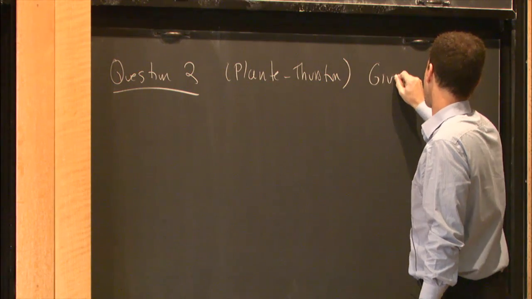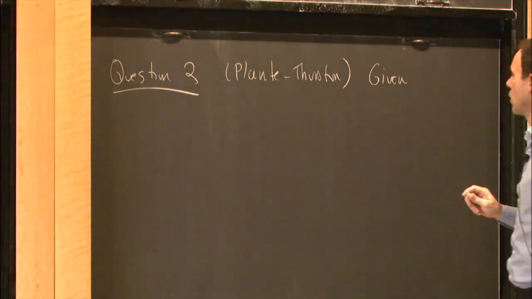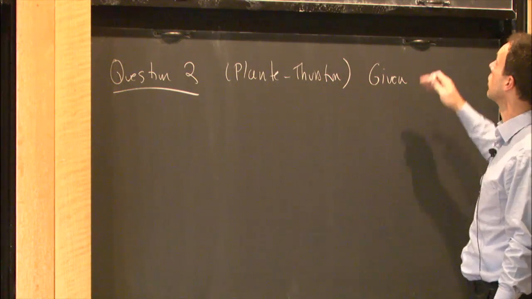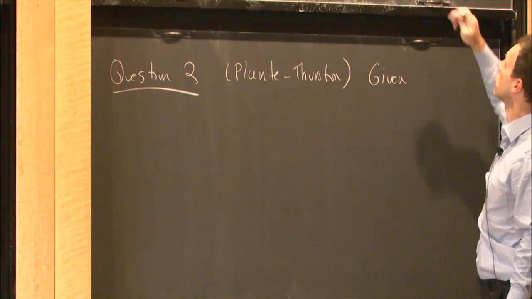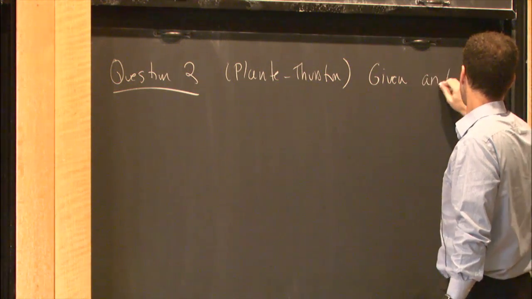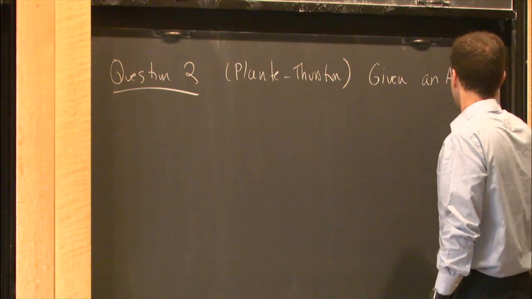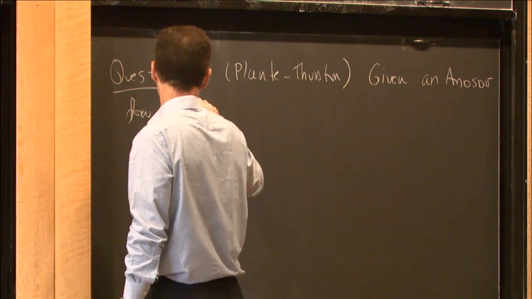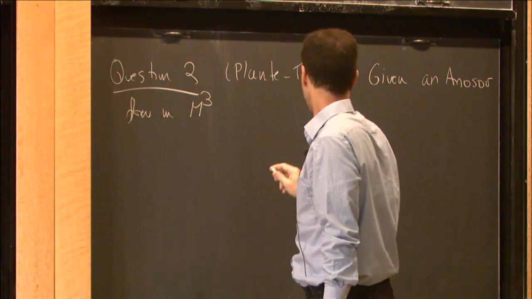I'm going to state it for 3 manifolds, but you have the same question for any codimension 1 Anosov flow. So I know that if you have a codimension 1 Anosov flow, the fundamental group grows exponentially. So given a flow in M3,